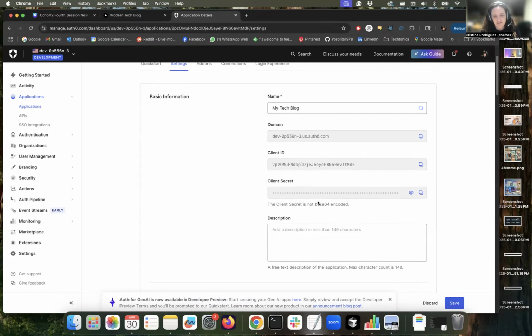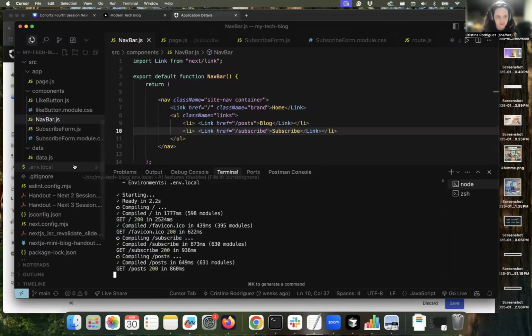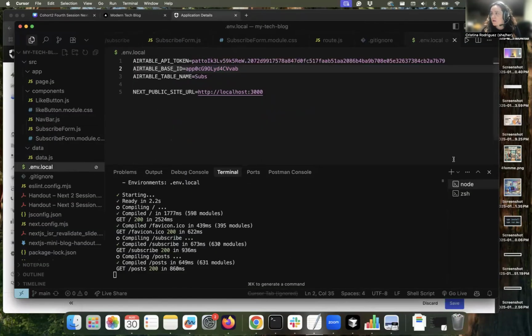Okay, so these are the secrets and all the things that you need to have in your local variables in order to authenticate with Auth0. So we're gonna go to your project, and to your .env file, and let's create